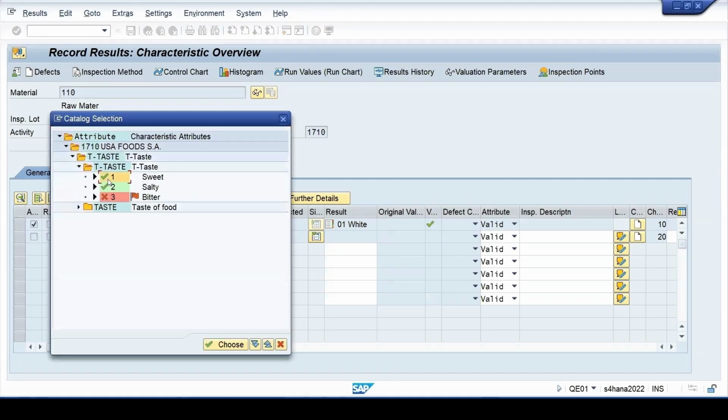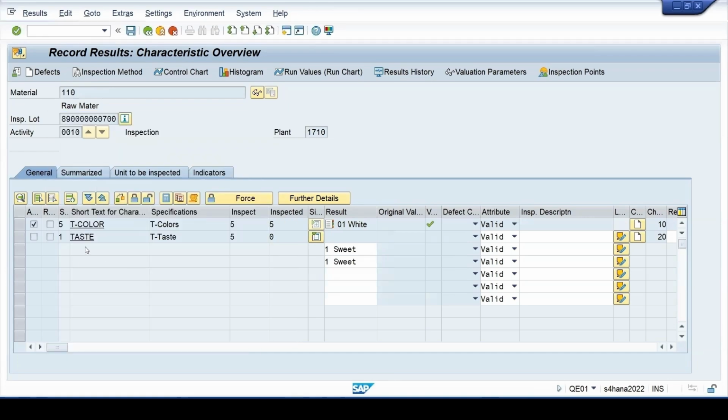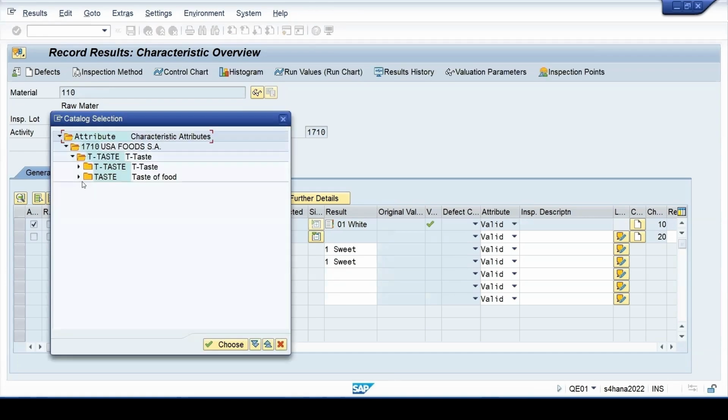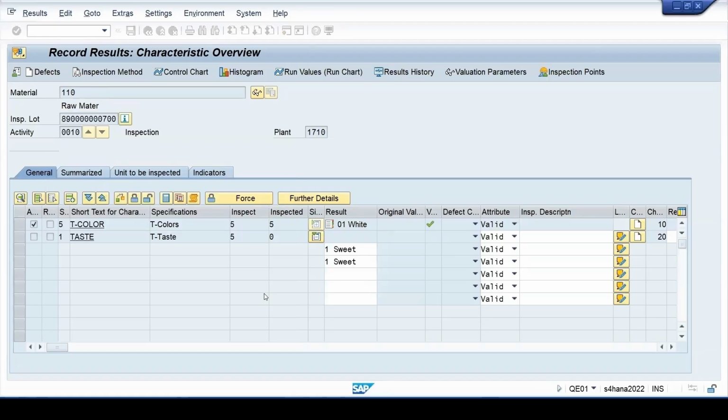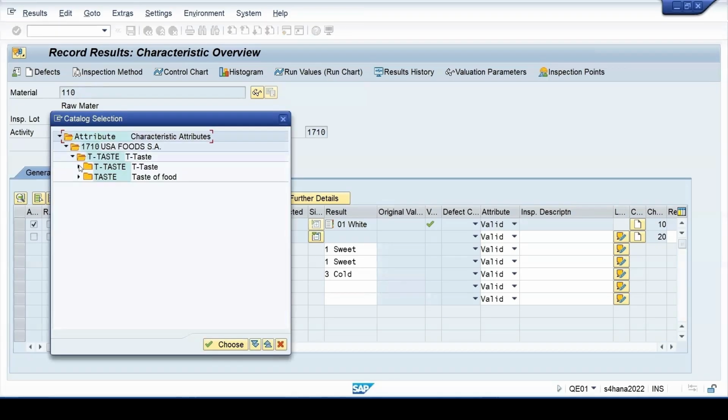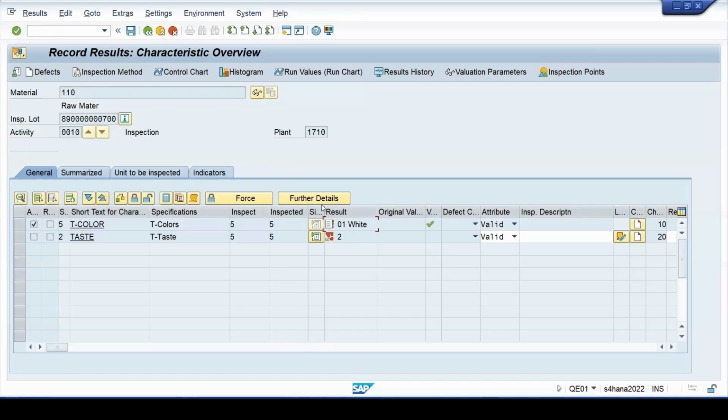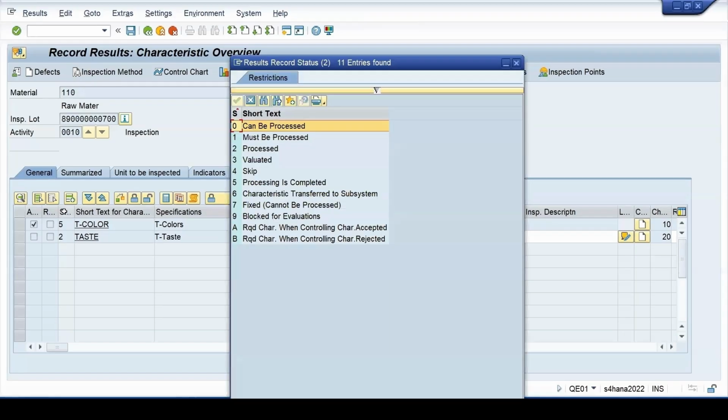That's why the control indicators control a lot of things, and from there only you are deciding how the system will behave here. Entering the individual entries in this case. It will decide whether the valuation is accepted or not. You can see the valuation was not coming. Here in this case, these are the status. So MIC status are like here in the first case, it is 5. 5 means processing is completed.